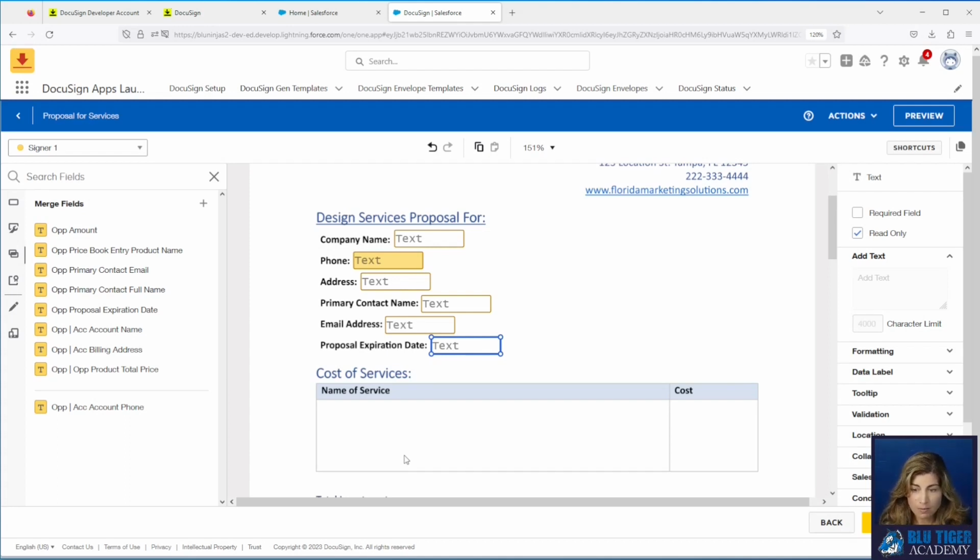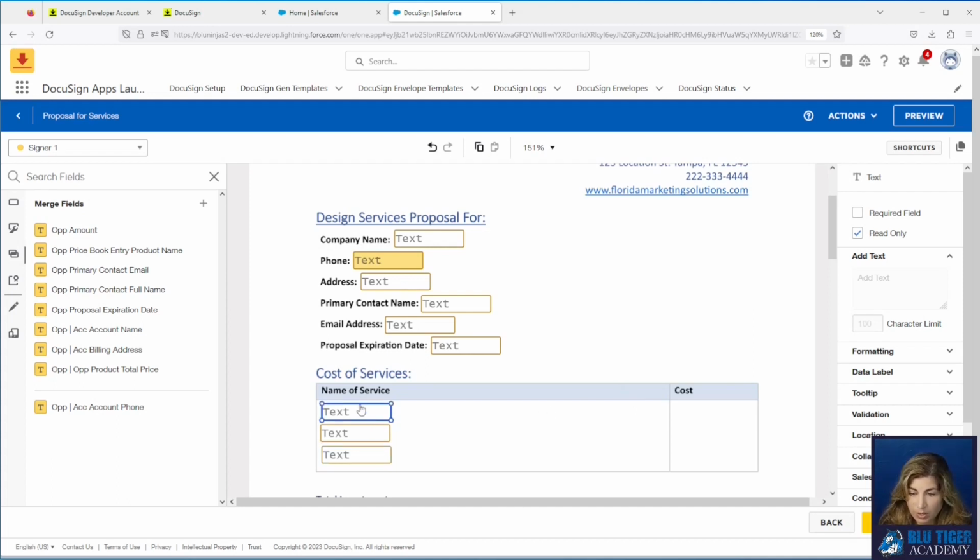In this case, we usually only have like 3 products on our opportunities at most. And in this type of scenario, you may be able to get away with the solution that we're going to show you. But if you could have up to 10 products, then you're going to want to make your cost of services table bigger here, so that you're going to need to add in a place for each product that could exist. So you're going to have to add in the product name 3 times. And if there's only one, one will show. If there's three, three will show. But you have to have a row for each one.